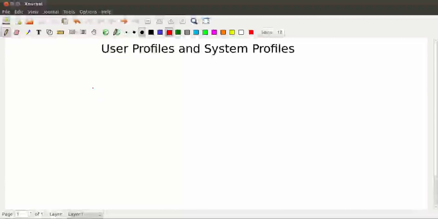Welcome everyone. In this lecture we are going to see what user profiles are and what they are used for. So what happens when we open up a terminal or when we log into a machine using maybe SSH or Telnet? Well, if we have a GUI interface and we click on terminal and it gets opened up, then that is called an interactive